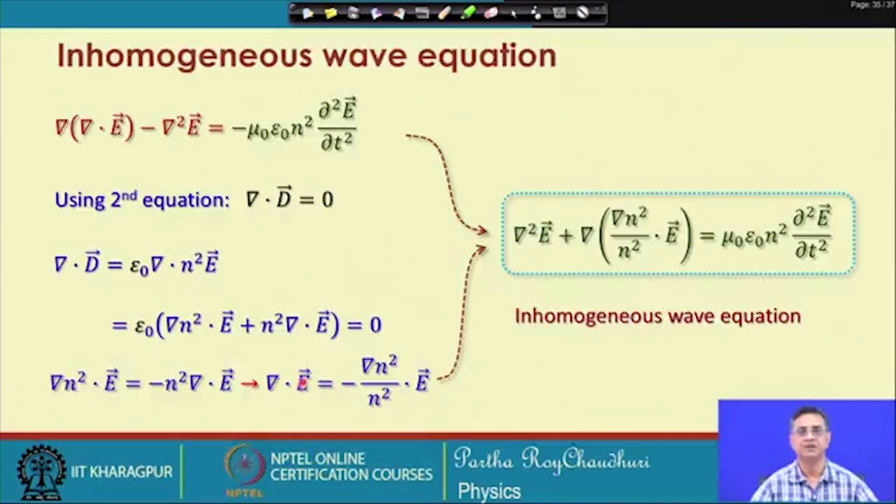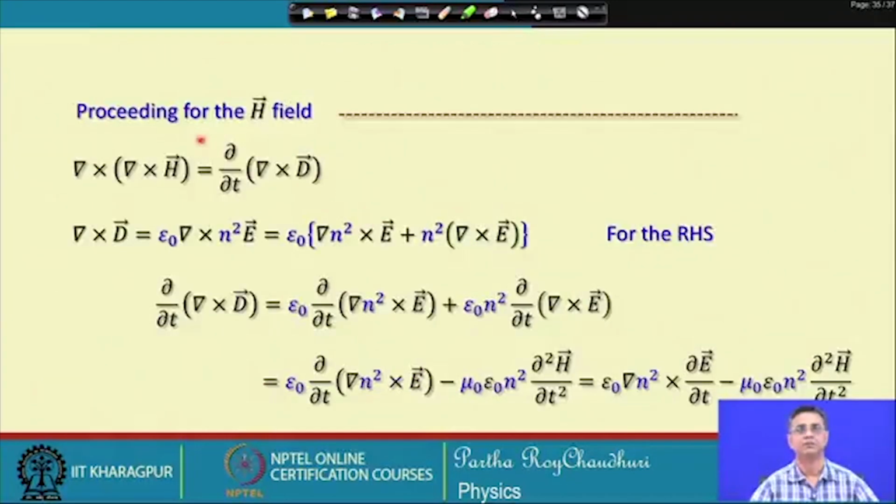So, it appears in the wave equation, because I will replace this del dot E, del of del dot E, by this quantity. So, I get the wave equation for this inhomogeneous structure: del square E equal to del of del n square by n square dot E, and then the right hand side as it is. So, this equation represents the electric field inhomogeneous wave equation. Proceeding